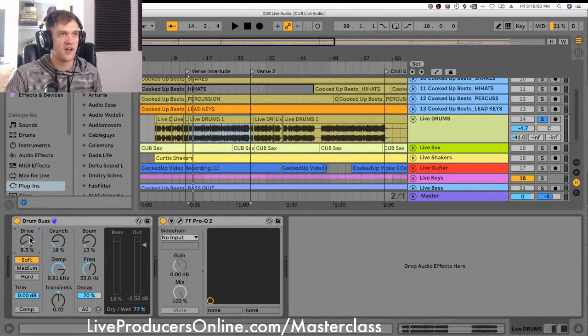But the drum bus is cool. I just did a little bit of a drive, and when you turn up the drive, it's going to get louder, so I'll usually pull down the makeup gain. Or the output, I'm sorry. I'll pull down the output because it's going to get louder, so I adjust there. And then the crunch is going to add a little bit of distortion and brightness, so I turn up the crunch a little bit. And then I dampen it,